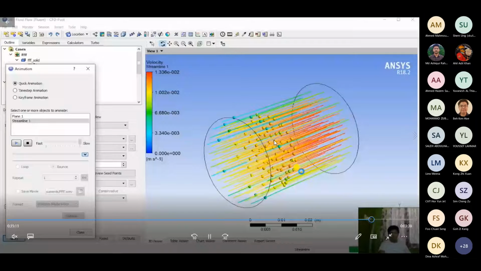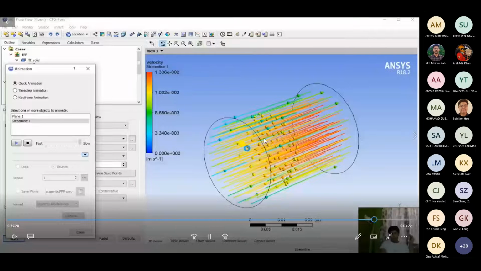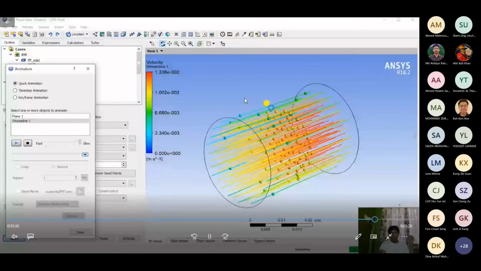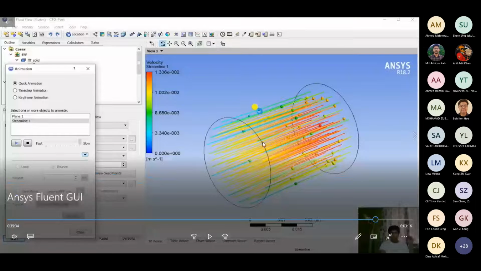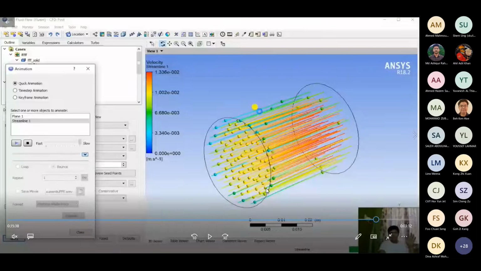If I click on the play button, my particles, as you can see, are moving. They will show you at what particular instance your particle is attaining higher velocities, and you will get a general idea of the streamlines throughout. So this is how you can identify and play the animations. You can also play animations for your moving parts. When you have defined the surface group for your blade, let's say a moving fan blade, you will be able to view that using this animation. That is also one of the cool things that you can visualize.